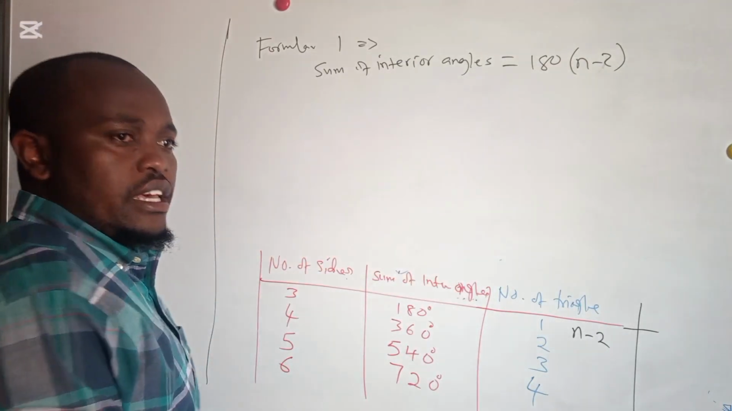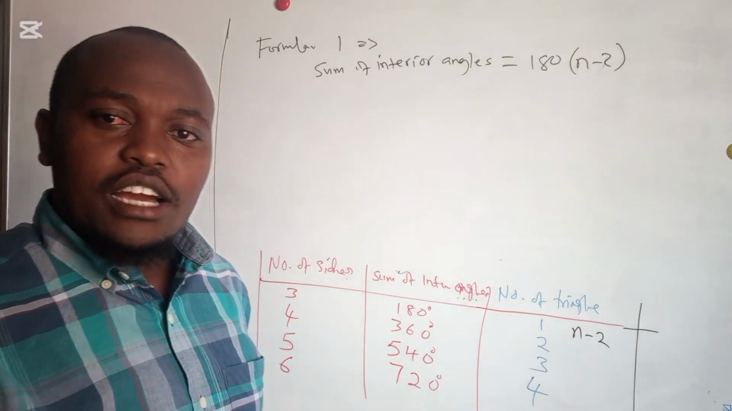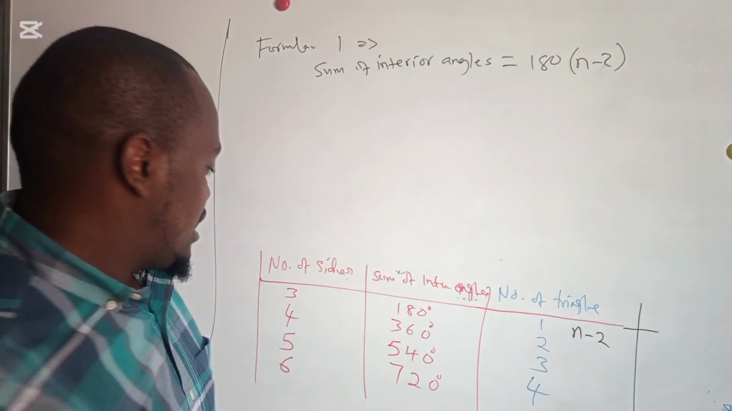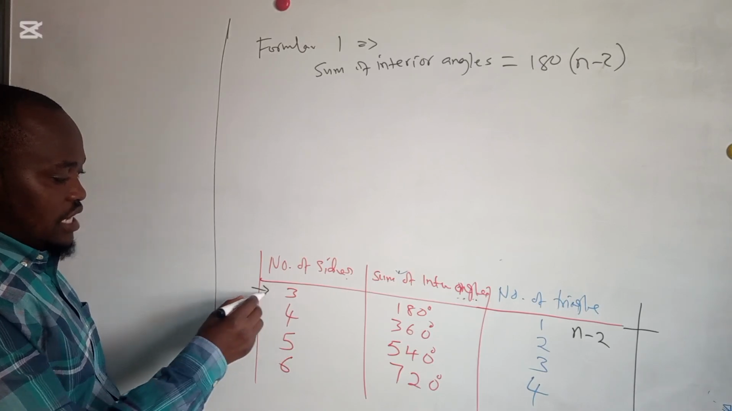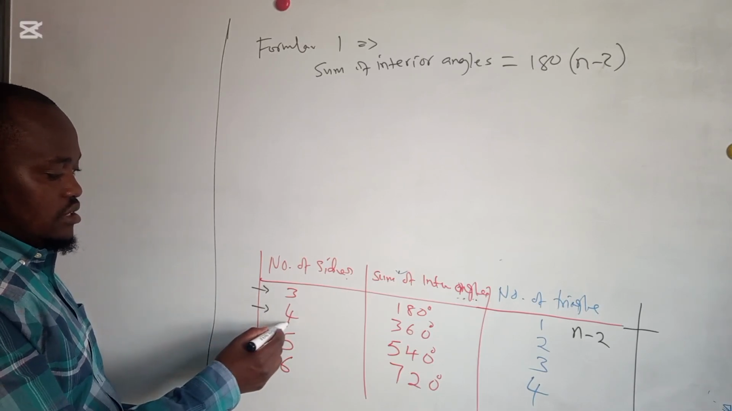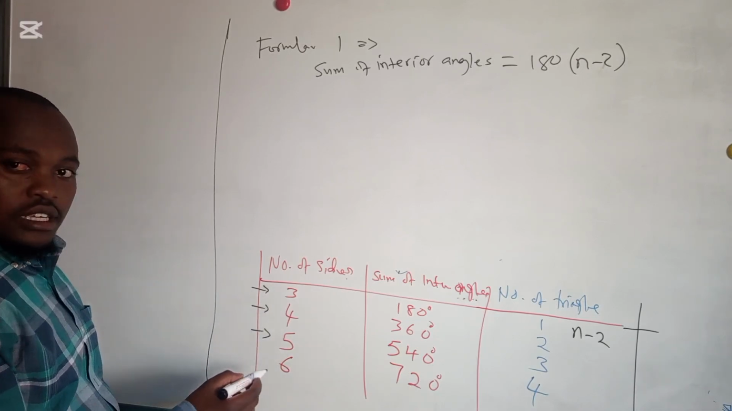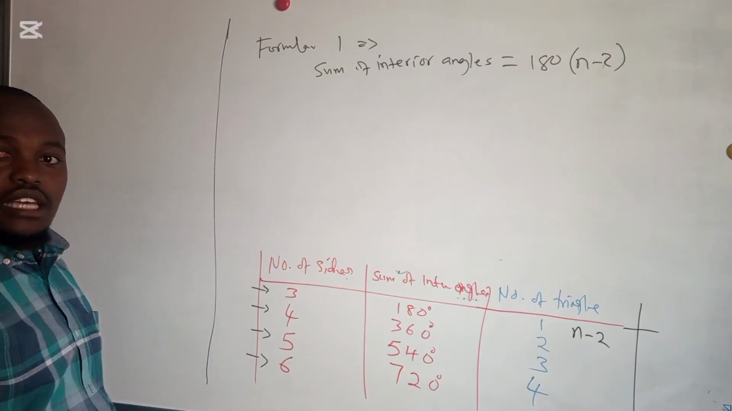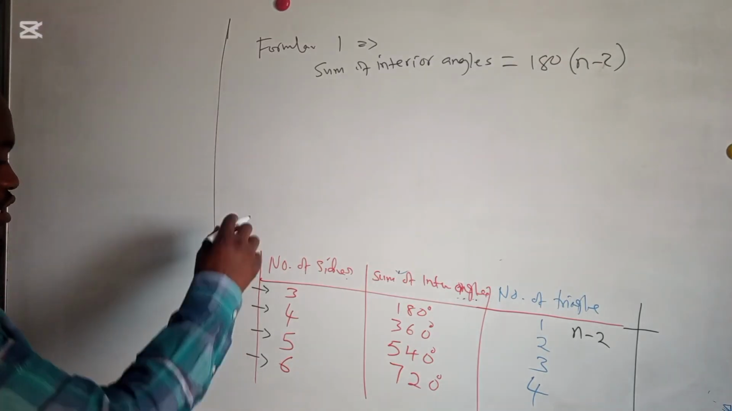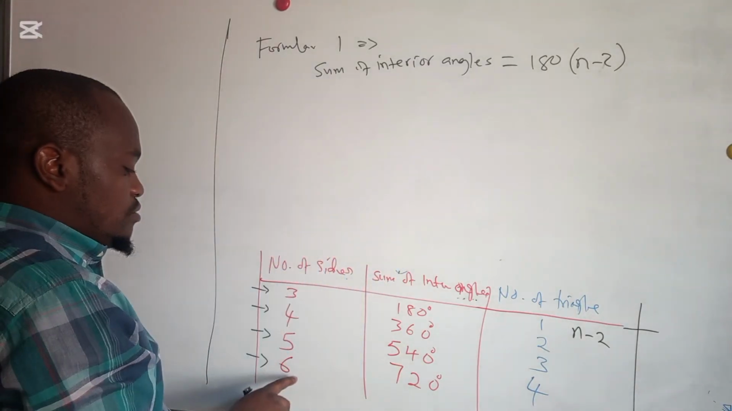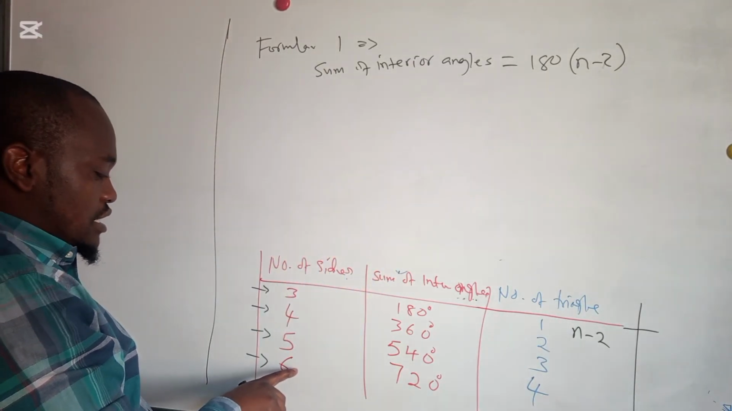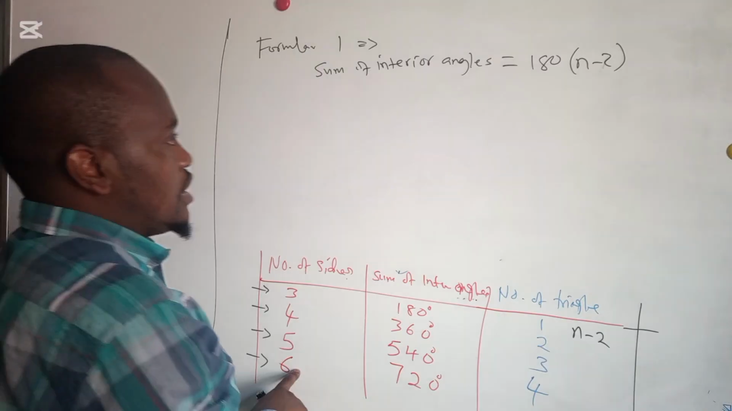So if you are asked, give me the sum of interior angles present in a hexagon. By the way, you need to know the names of these. These are triangle, these are quadrilateral, these are pentagon, this one is a hexagon, and so on. You can go up to 10. Now, if you are told to find the sum of interior angles of a 6-sided figure or a hexagon, you